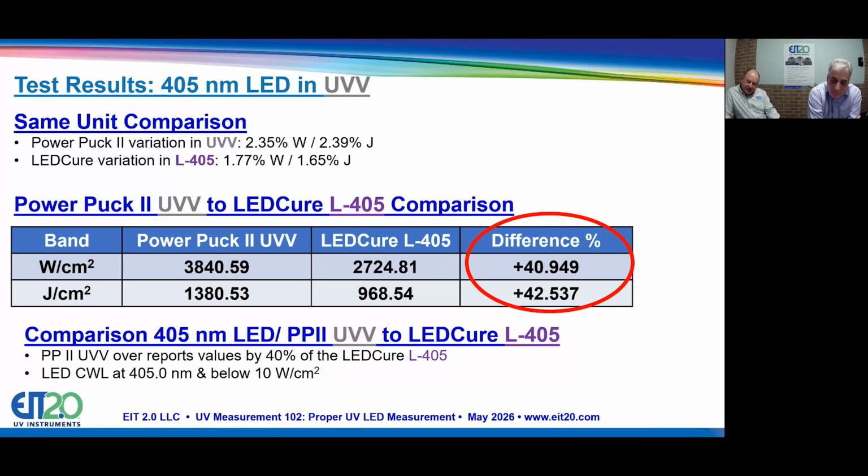And we can't stress enough that we see LED sources come from good quality manufacturers that are like the ones that we used. We see LEDs where their center wavelength is 10, 15, 20 nanometers away from what's expected from sources that may not be from a good quality supplier. And then